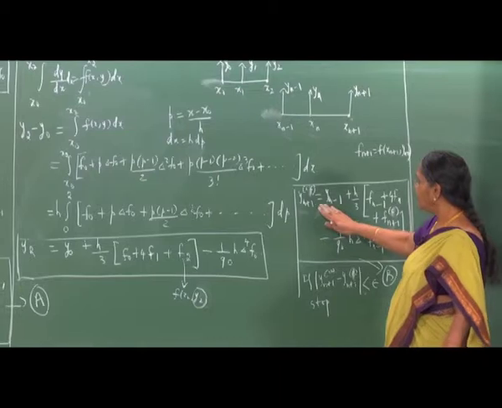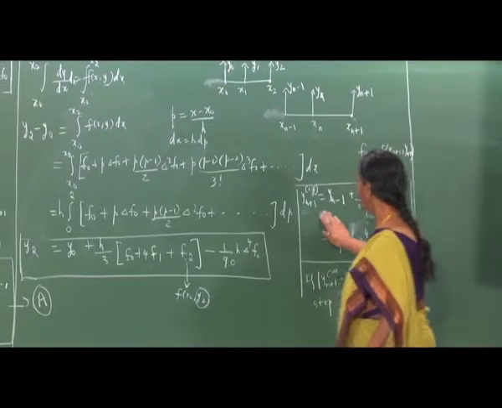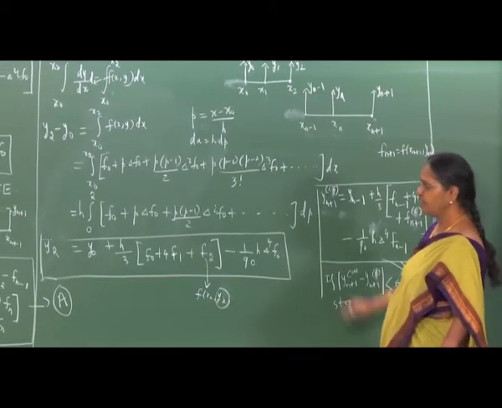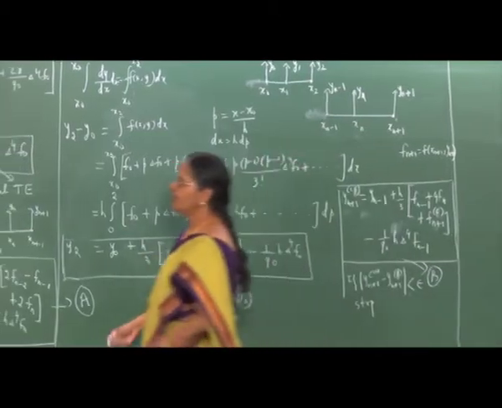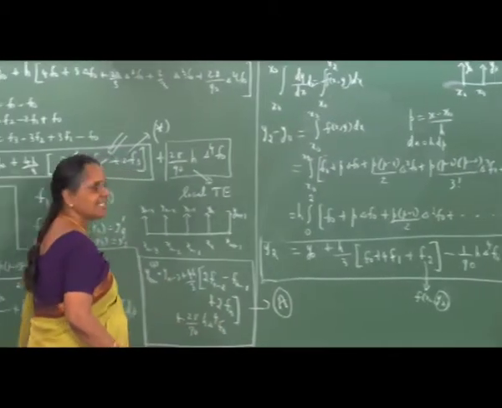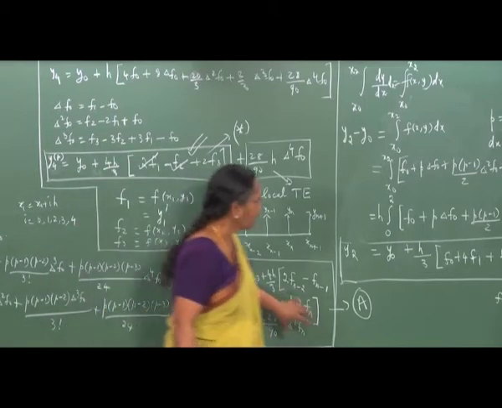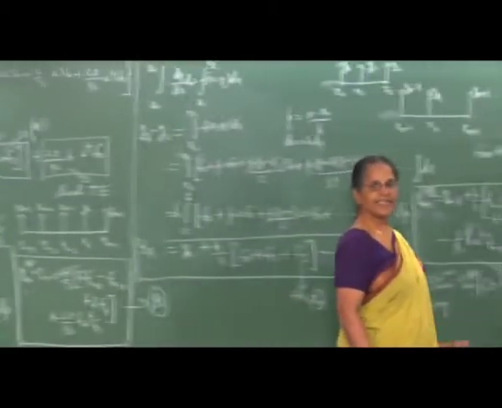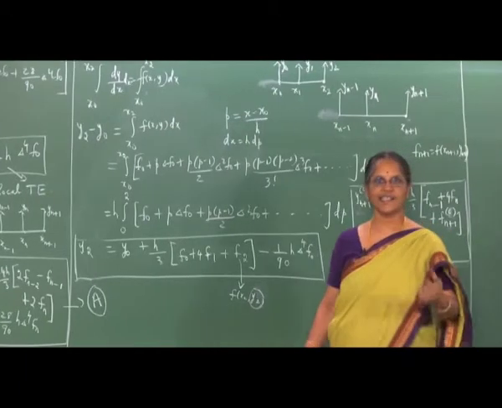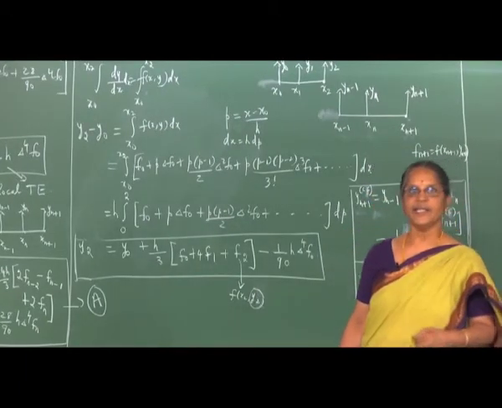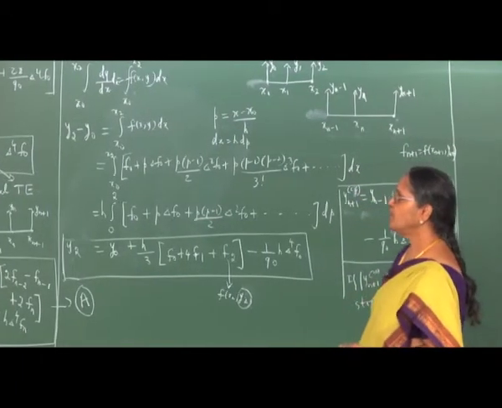So, this method which we have derived is a corrector method, whereas the one which we derived earlier is a predictor method. So, we make use of A and B as a predictor corrector pair in obtaining solution to